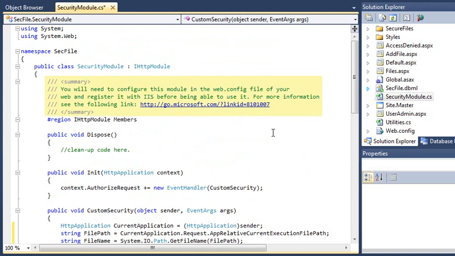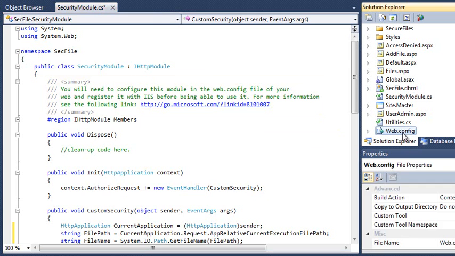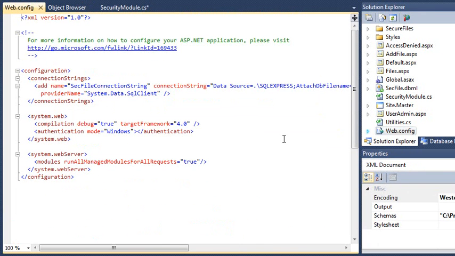In fact, by referencing your HTTP module in the web.config file, you are doing everything necessary to register the HTTP module. You do not need to do anything else. Open web.config now